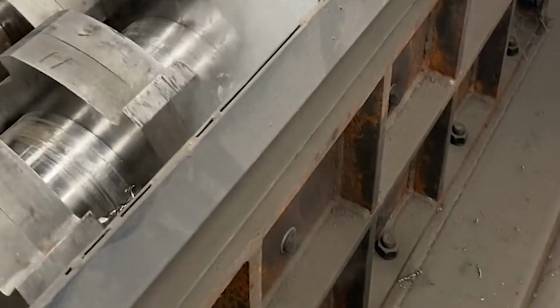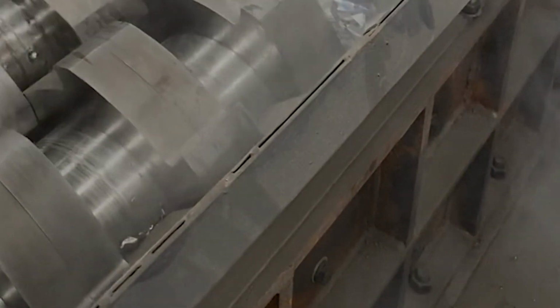Advanced sliding bearing design. The sliding bearing adopts a special